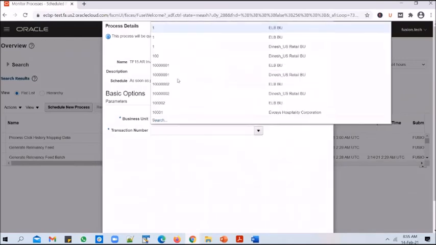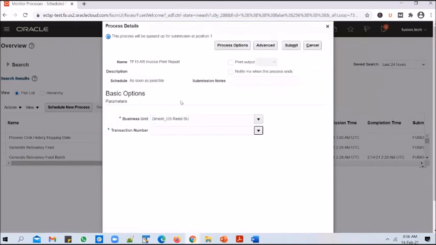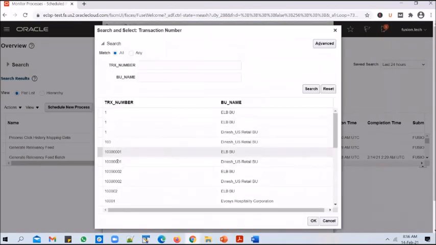So if I click on the dropdown, since a specific transaction can exist in multiple BUs, to assist the user with picking the right transaction number, we are printing the business unit as well. So say, for example, I want to print this transaction. This transaction exists in ELB BU and Dinesh US Retail BU.